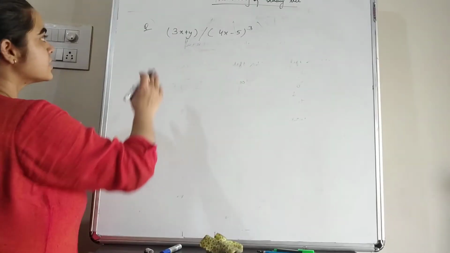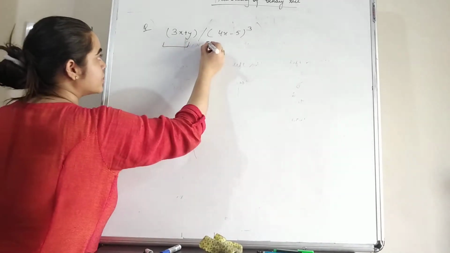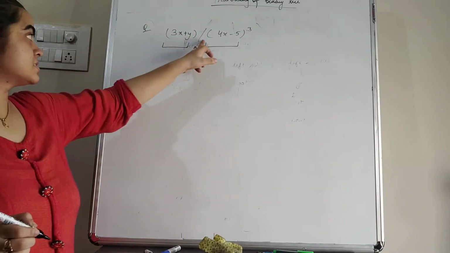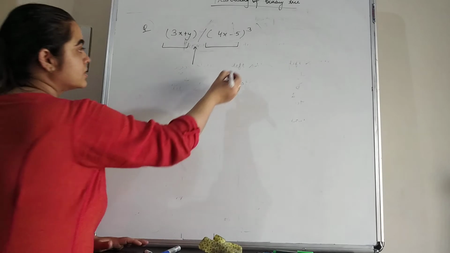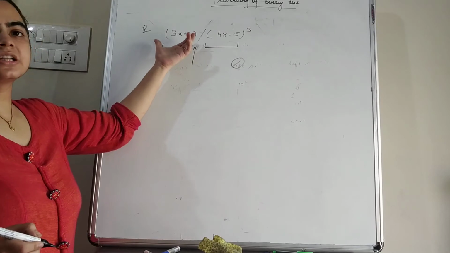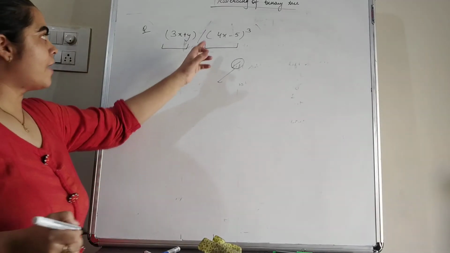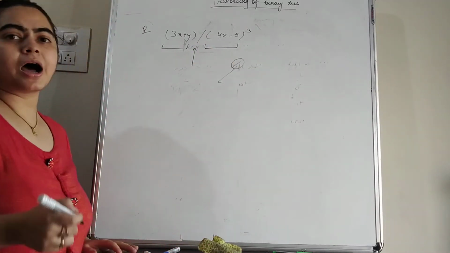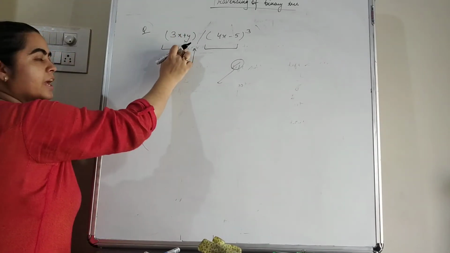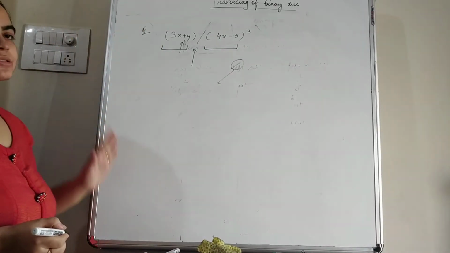For that, see students, this is the expression which is having two parts. This is the left subtree, this is the right subtree, and the division symbol is in between. So that means you have to put the division symbol in between, and on the left side there is an expression, that is 3x plus y. So you have to represent 3x plus y on the left side, while you have to represent 4x minus 5 raised to power 3 on the right side. Further you can see 3x plus y. In 3x plus y, again plus is in the middle, y is on the right side, while 3x is on the left side.